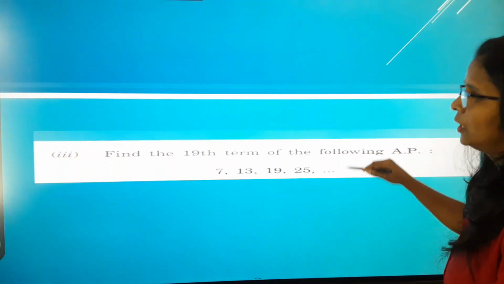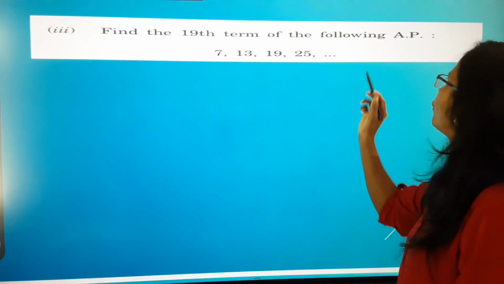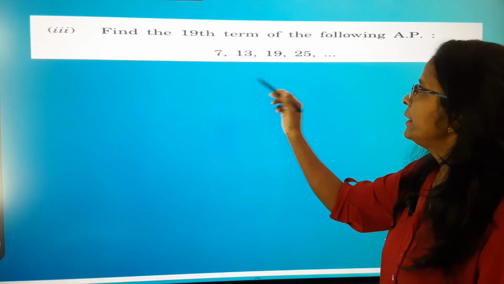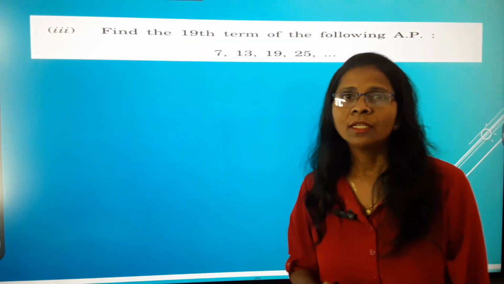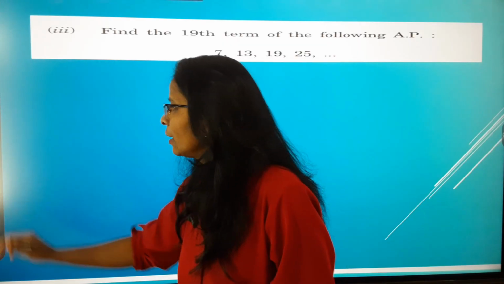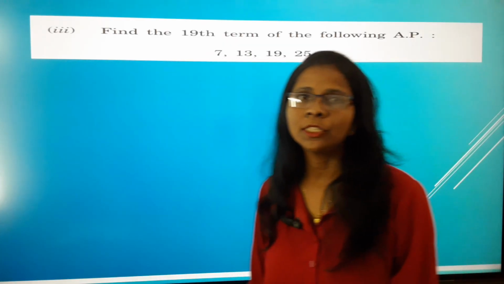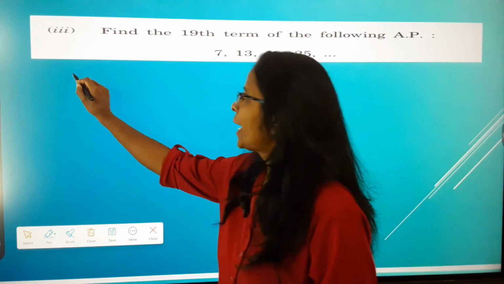Example students. See the next one example here. Okay. The third example. Find the 98th term of the following AP 7, 13, 19, 25, and so on. Yes, students, remember that this is also a repeated question. So now here we write